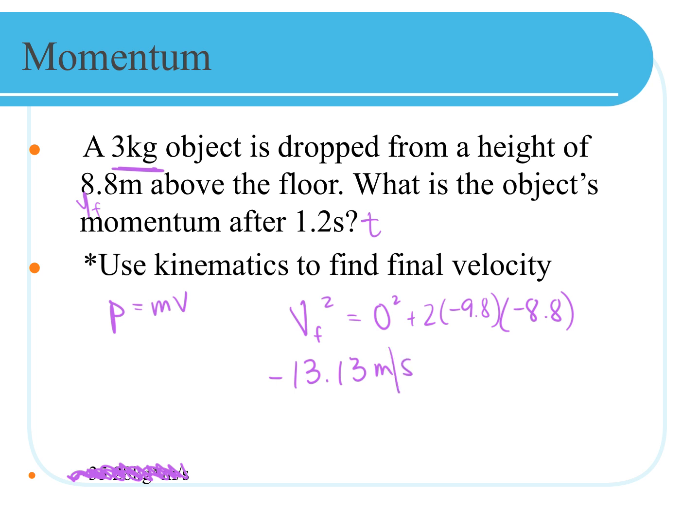Is that similar to what you had? It probably came out positive, right? It comes out of the equation as plus or minus, but I know it's going downward, so I'm going to keep the negative. And then to find momentum, I would take mass times velocity. And I get about 39.4 kilogram meters per second. Did I do something wrong there? I'm getting funny looks. Do I have a number that's different than yours?